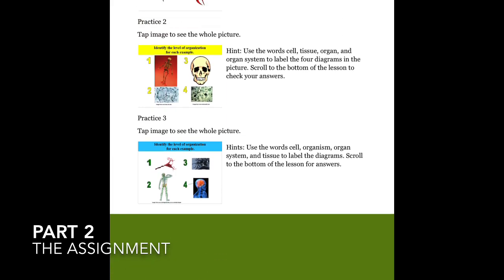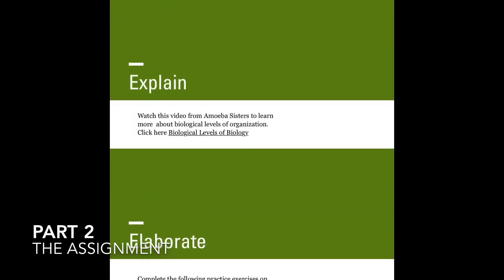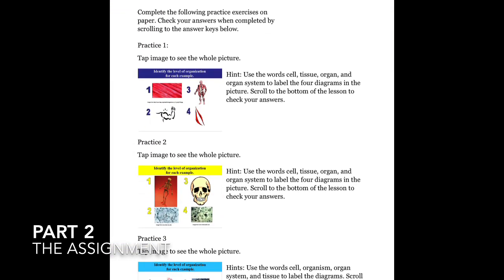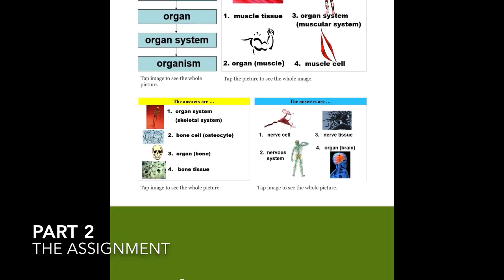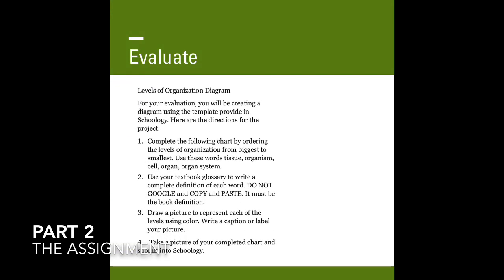answer keys are here. So all of this little practice work you can write on scrap paper. The answer keys are there, but don't look at those until after you've tried everything. And then what you're going to hand in for a grade is a levels of organization diagram. The diagram is labeled in your handouts for the week, and you can print it out and write on it and draw pictures, or you can type on it,